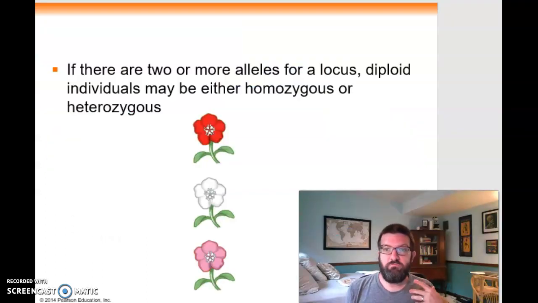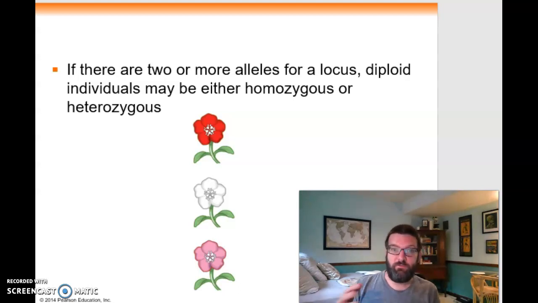Now, for some gene locus or another, it may be true that there's only one allele for that gene locus in a population. In that case, every individual in that population is homozygous for that one allele, and everybody has the same characteristic, right? But if you have 2 or more alleles for a particular locus, then individuals are not all homozygous. They could be heterozygous as well, right? Every individual has the possibility of having 2 different alleles for each gene locus in their genome, right?